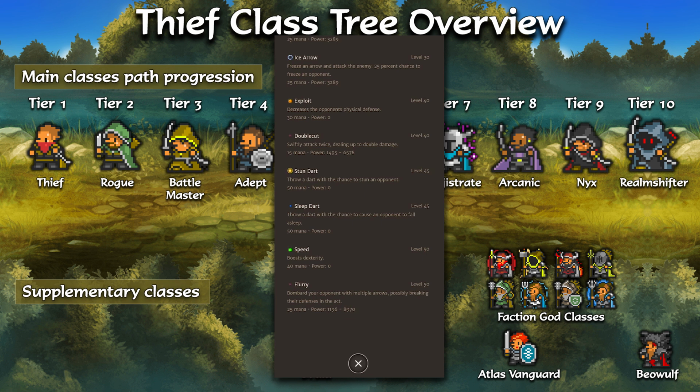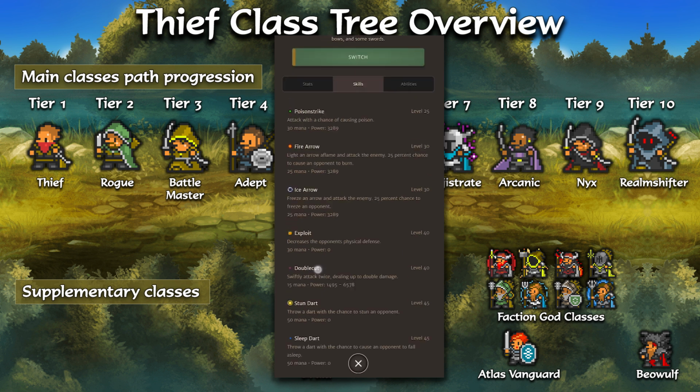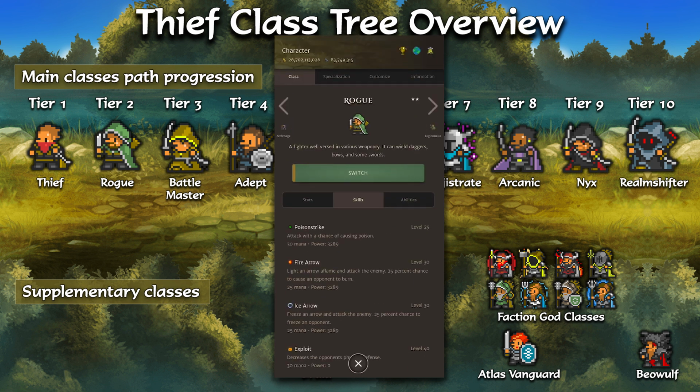Next we have speed, which boosts dexterity. I definitely never recommend using this. We should never build around dexterity really, and in the early game I don't see it making too much difference. Flurry is a good 3 multi-hit skill. This would be our highest damaging skill at this point until we learn Tri-Cut. And it also has the chance to cause defense down to our enemy, increasing our damage further. So overall, the Rogue is a great little class at tier 2. Even if you're watching this as a higher tier class, you'll definitely want to come back and get Stun Dart